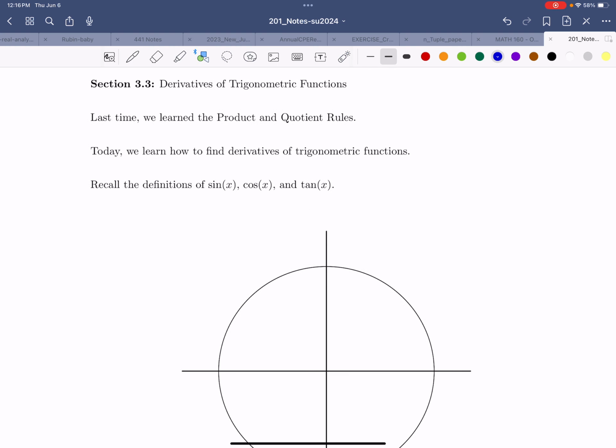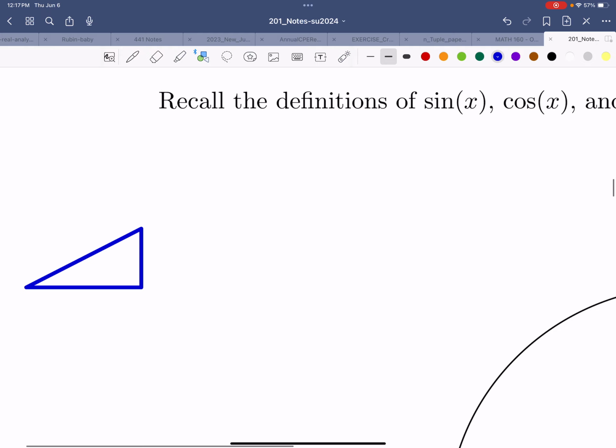So one thing to recall from geometry class is that if you had, let's say, a right triangle, we're going to focus on right triangles for the time being. If you had a right triangle, it's got its angles. This is one angle. That's another angle. And this, of course, is the third angle, but it's a right angle. It's 90 degrees. So suppose you had that, and then suppose that you had